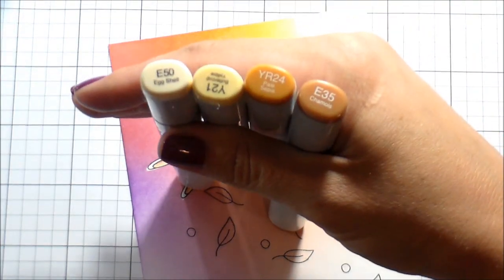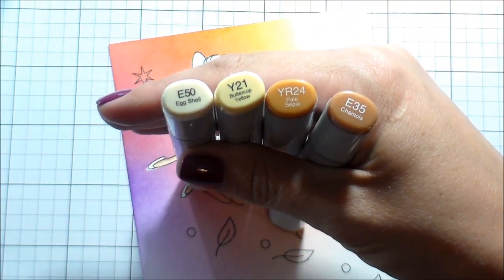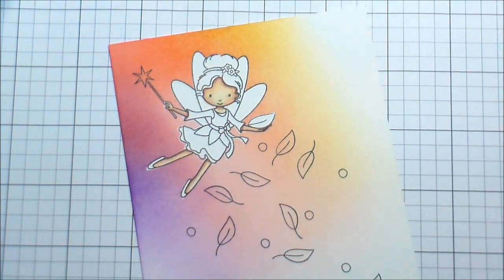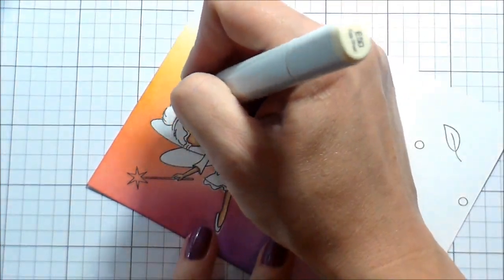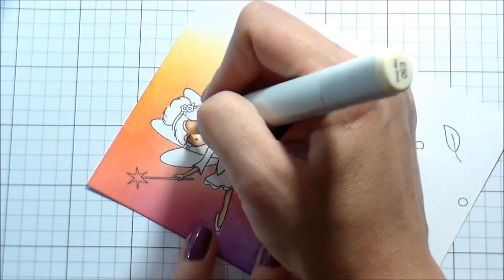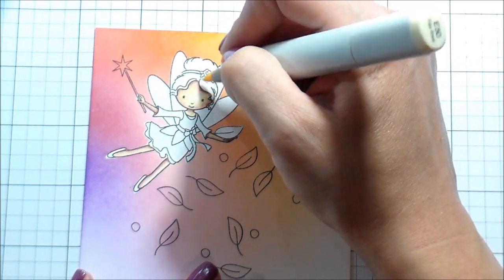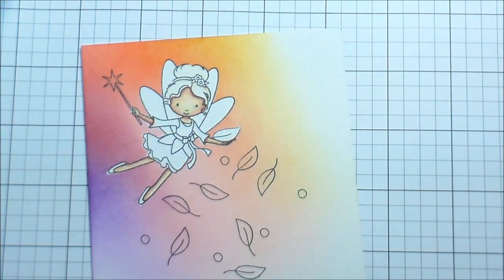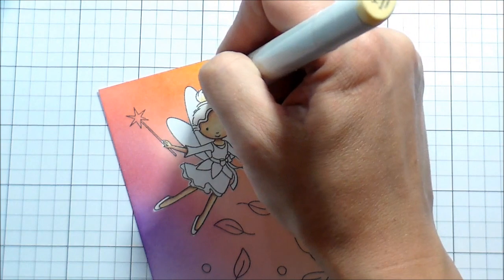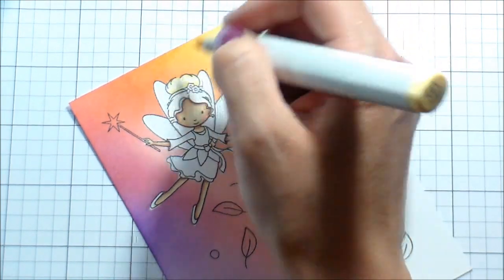I just think it gives them a little something. For her hair, I decided to make her, I guess it's blonde. Blonde, I don't want to say strawberry blonde, but maybe it is more that. I wanted to go with the color scheme I already had. So the combination of the fossilized amber and the ripe persimmon in the background was kind of what the inspiration